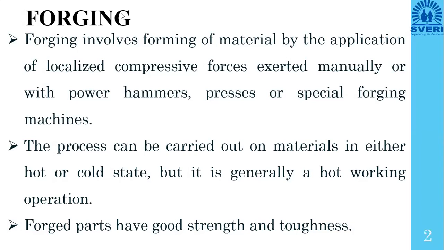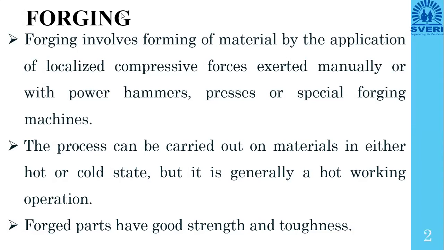A spanner is made by forging. If you release a spanner from a little height onto the ground, it will hit the ground and bounce back, but it will not fail, it will not break into two parts. At the same time, the spanner is used for rotating screws, nuts, bolts, etc., so that shows greater strength as compared to that. So this is called toughness and strength.